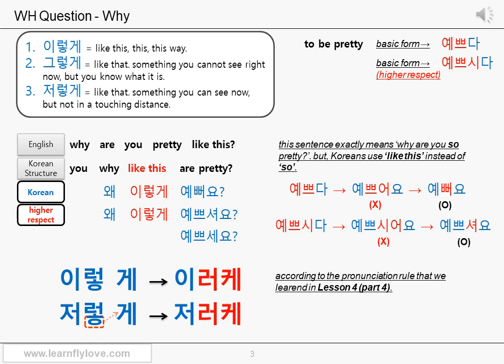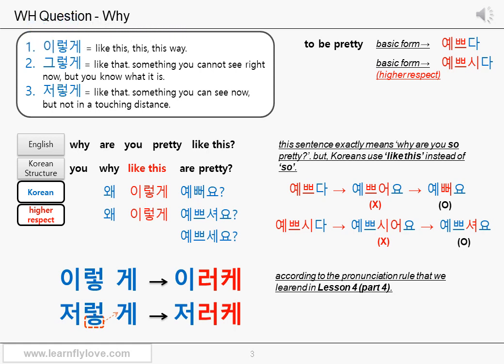So when Koreans say, why are you so pretty? Why are you so angry? Why are you so serious? Why are you so stupid? They use like this or like that. Why are you so pretty like this? Why are you so serious like this? Why are you so angry like this? Why are you so stupid like this? The translation of like this is